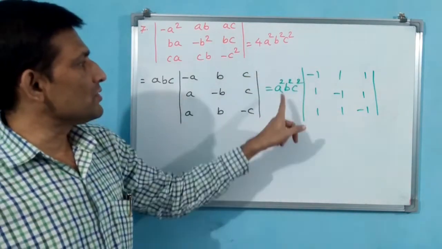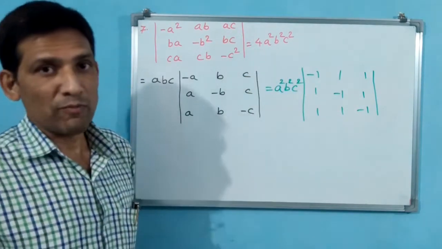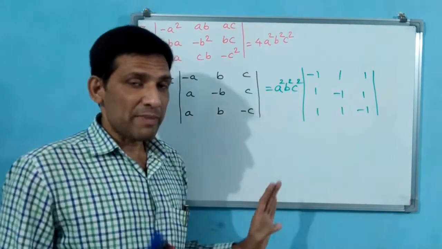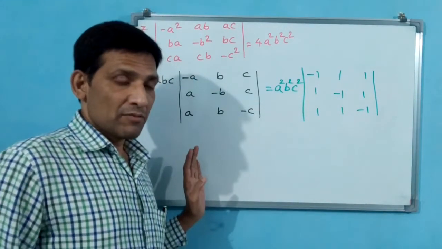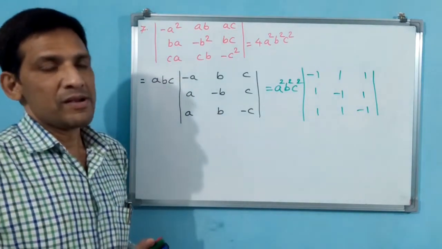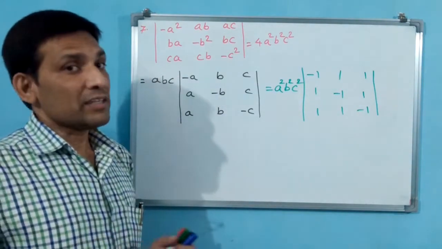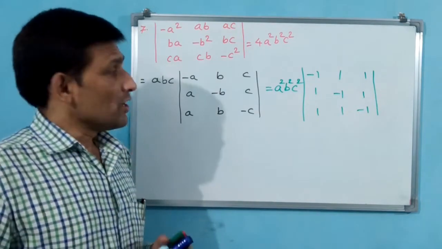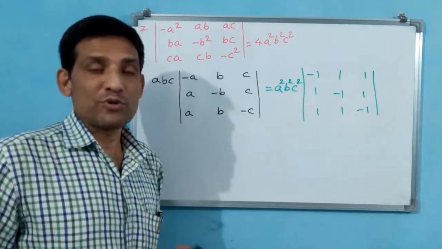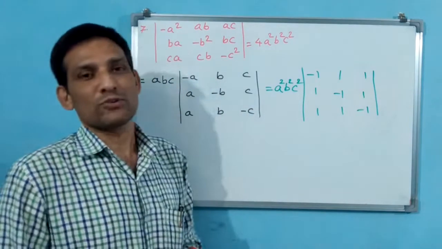You see a square, b square, c square, but 4 has to come. How will 4 come? For 4, you need not expand it. If you expand, then whatever the examiner asked you to do without expansion will not help you. Then what are you going to do? At least 2 zeros you have to make. If you make 3 zeros, the answer is going to become 0. No, here you have to make 2 zeros only.